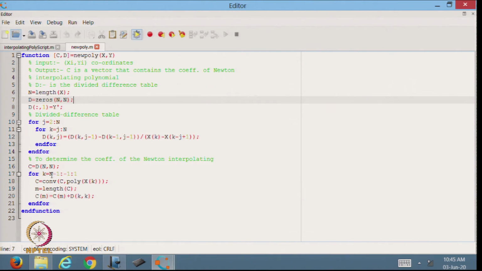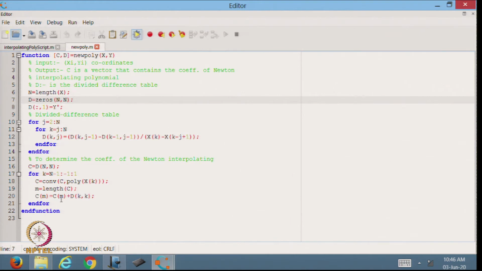Now, what do I do? I am taking all the coefficients. So, I am starting from k equal to n minus 1 with the increment of minus 1 and going up to 1. Now, in the same way as in the previous class, I have started with poly x. So, poly x gives me the polynomial having the root x k, and now I am doing the convolution of this with this C. So, this C will be multiplied by this polynomial and that will be saved to the new C. M is equal to the length of C. So, whatever the length of C is, and Cm is equal to Cm plus d k k.